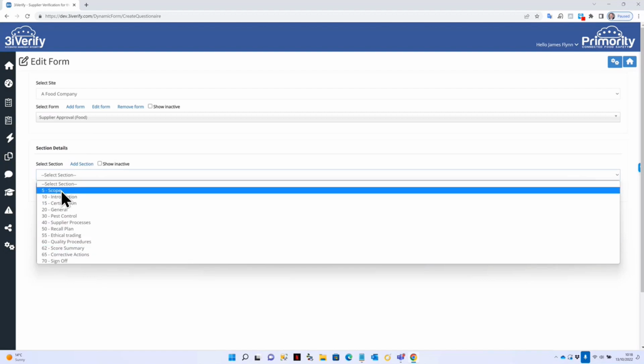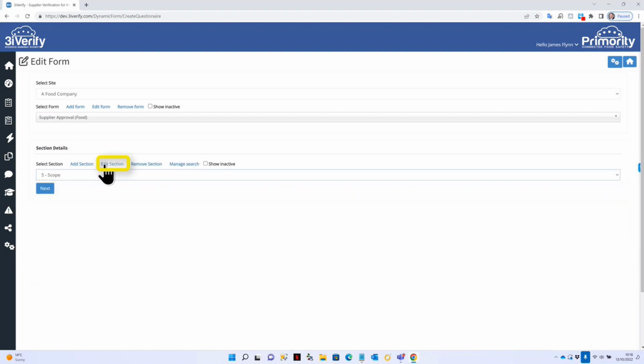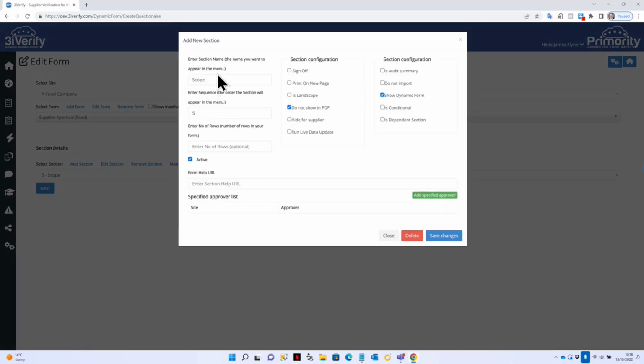The key thing about each of these sections is that each section has some properties which allow us to change the name of the section, the order in which it appears in the left menu in the supplier questionnaire, and also to include help links to explain things about the questionnaire. We can add specified approvers, and each section we can set to be a sign-off section. We can set it to print on a new page when the PDF of the approval is completed. We can set the section to be landscape when it's printed. We can set it to not be shown on the